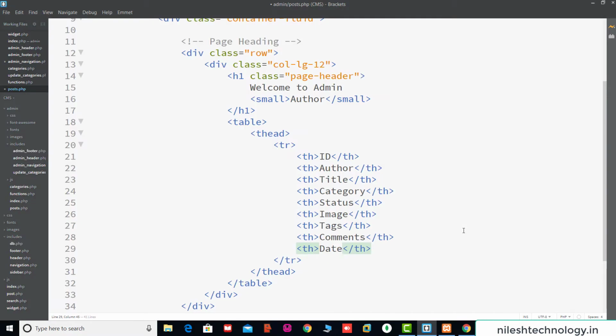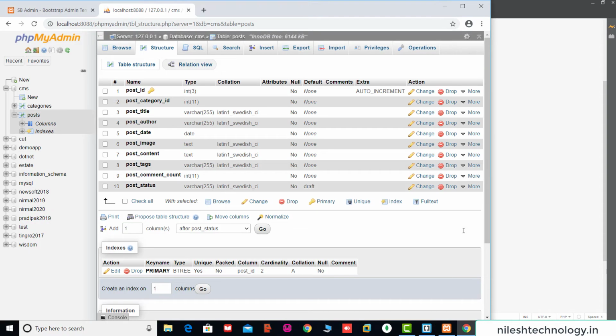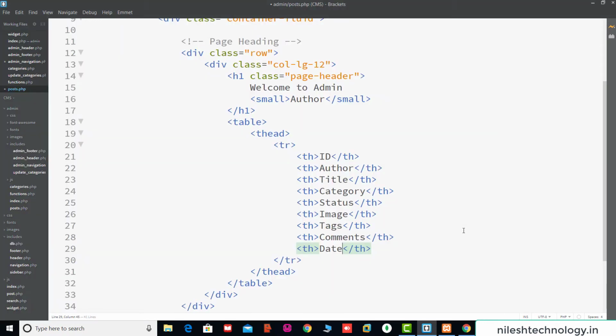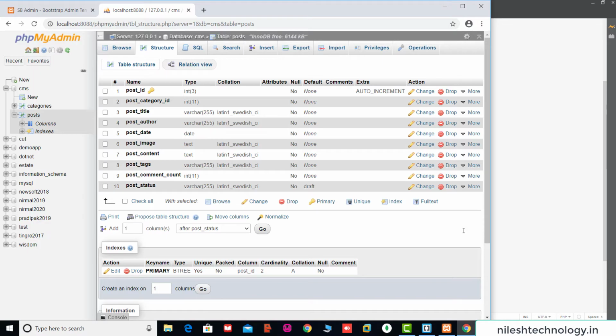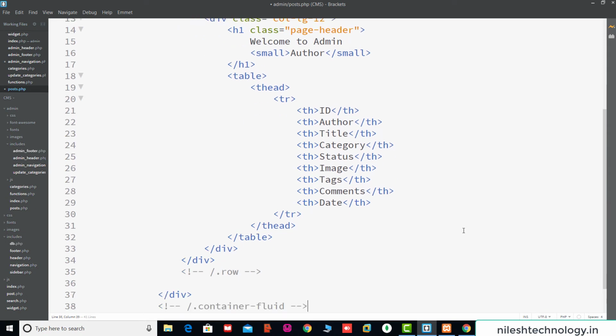So my sequence was mismatched, but don't worry about that. Okay, so cover all these columns, the sequence does not matter here. Okay, then after that t head, first we display the static data.